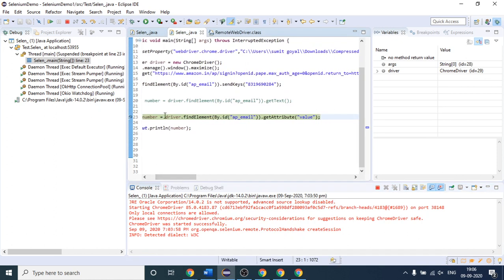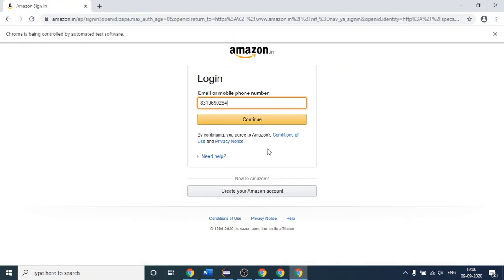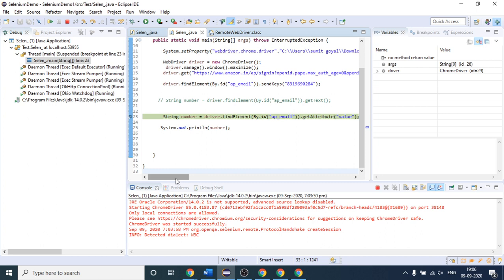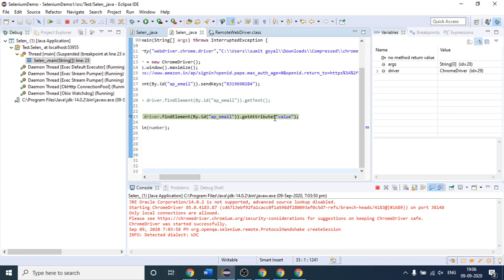After that, what we are doing, see this step again. I am explaining. With the help of this, we are able to find where our text box is present. So this is our text box, so Selenium, or you can say the code, will know that this is the text box present, with the help of this highlighted statement. After that, we are just saying get me the number present inside this value attribute, by this step.